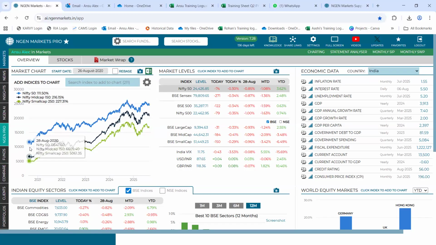and you get to see that the very start point for each of these indices is since 26 August 2020. Firstly, you can see right here, each of these indices are starting from their respective levels, wherein Nifty 50 is at a level of 11,000, Nifty mid cap is at a level of 6,000, and Nifty small cap 250 is at a level of 5,000. However, you see the blue line, which is represented by Nifty 50, gets plotted right on top.